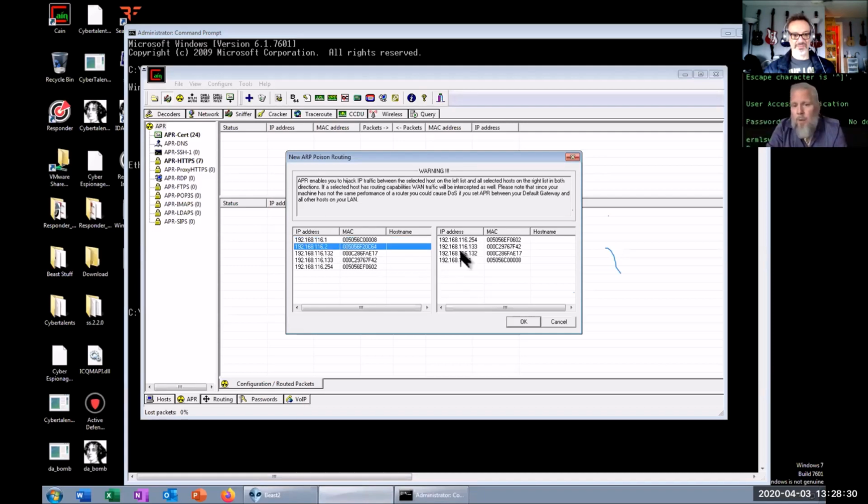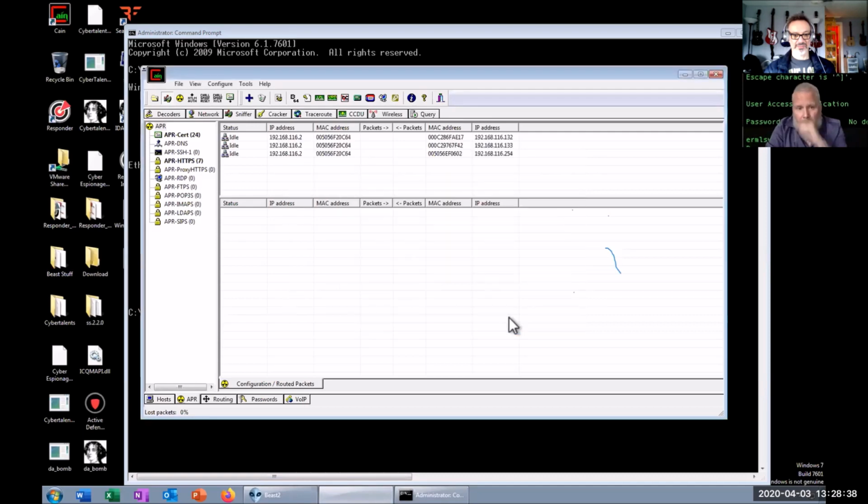And then the one on the right, these are the ones we want to poison. So these are the hosts that we want to actually try to get to bring their traffic to us. So I'll select those and hit OK. Okay. And so now you can see this is the IP address that we're going to say we are. This is the MAC addresses currently, and then this is the MAC address for each of these. So if we hit this little nuclear button here, start ARP poisoning,